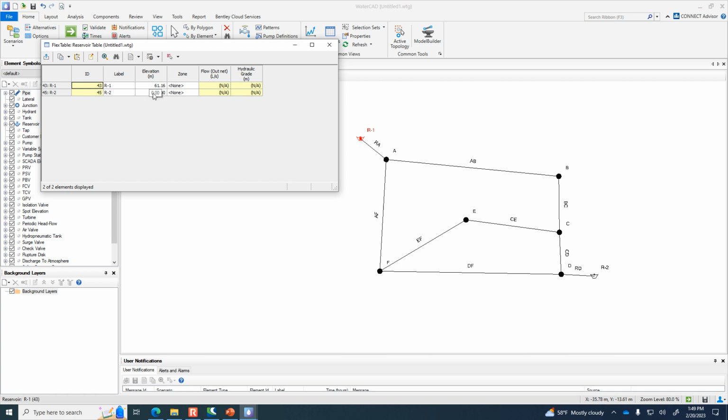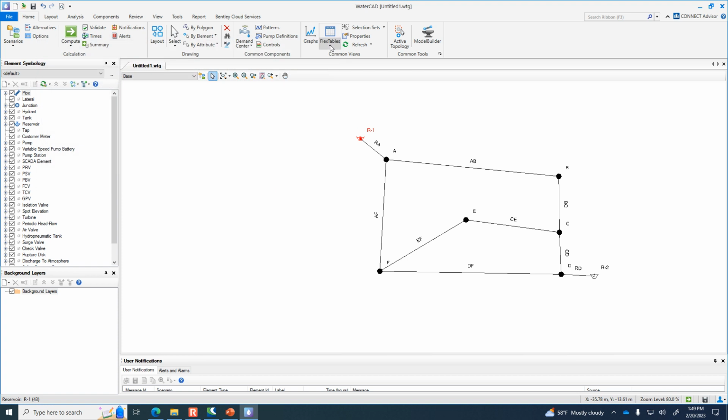So 61.16 for reservoir 1. Reservoir 2 has a head of 57.83. We're getting good and close to ready to solve this model.